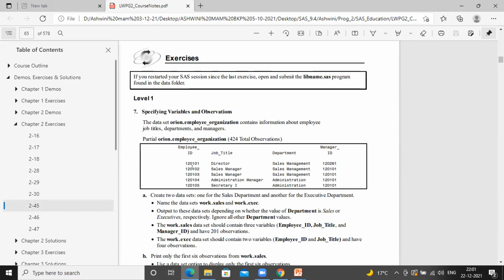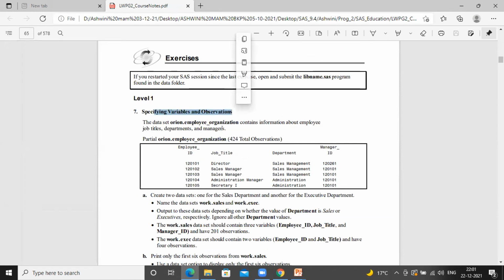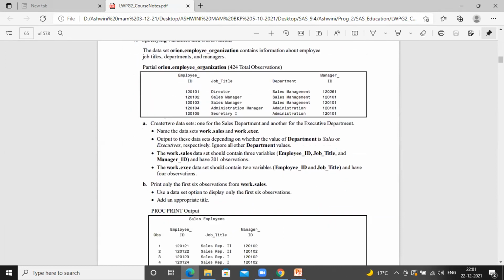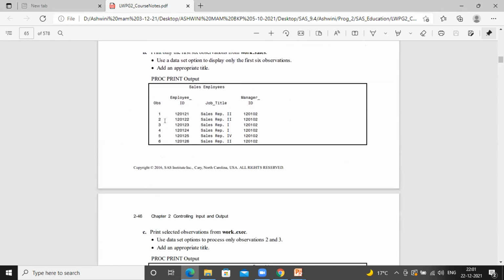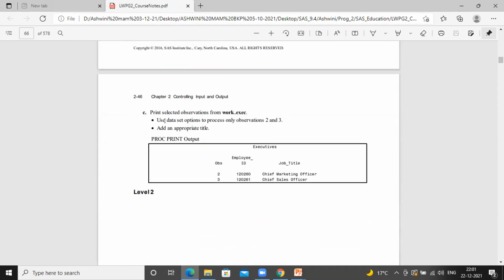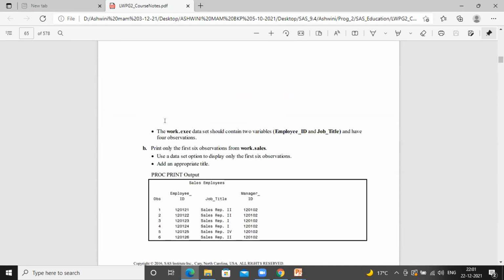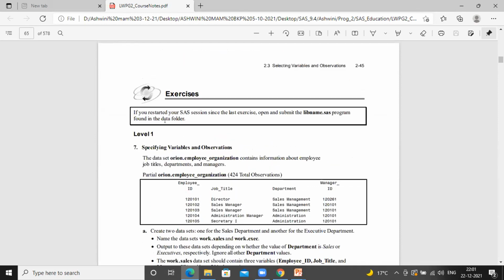So come to page 2-45, specifying variables and observations, level 1, exercise number 7.